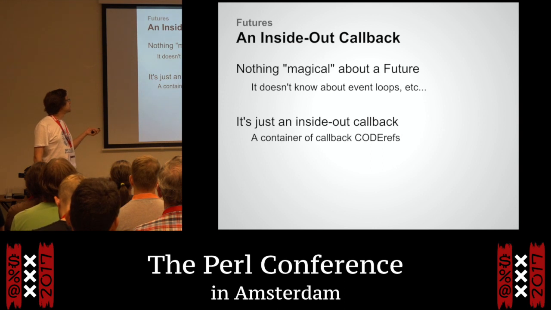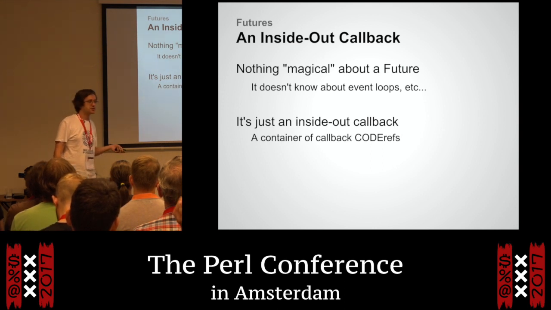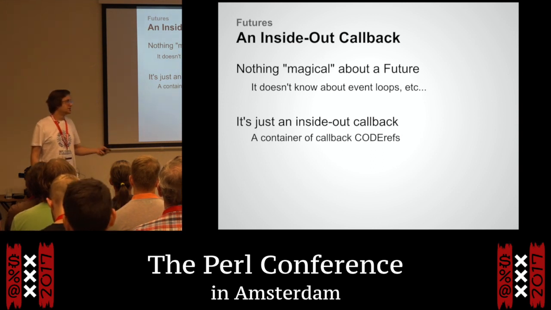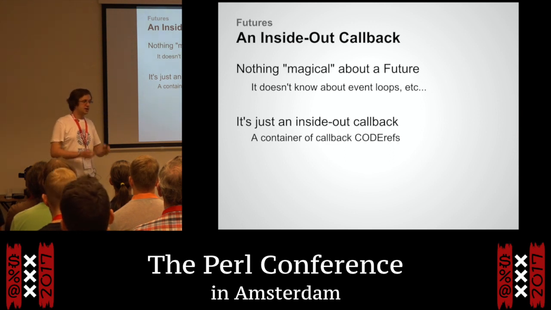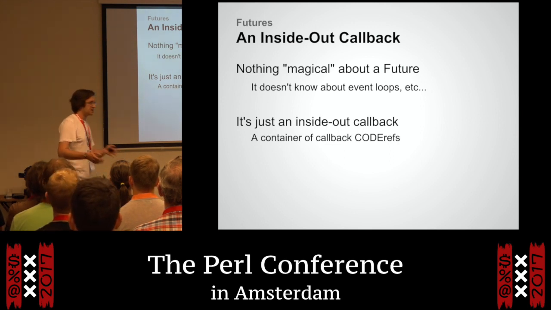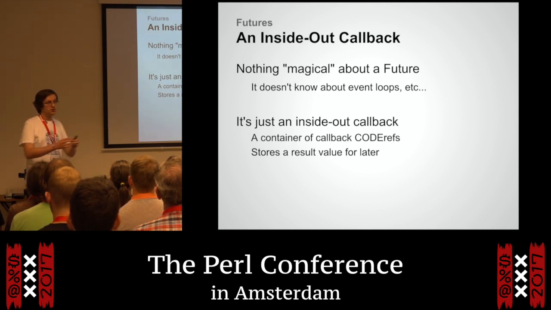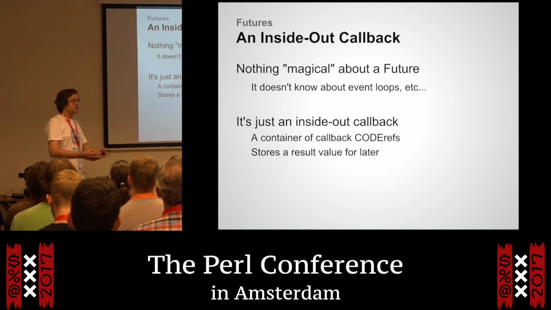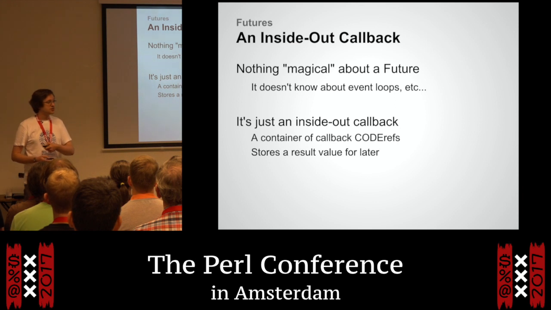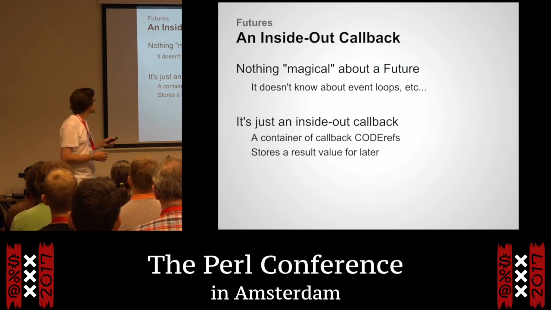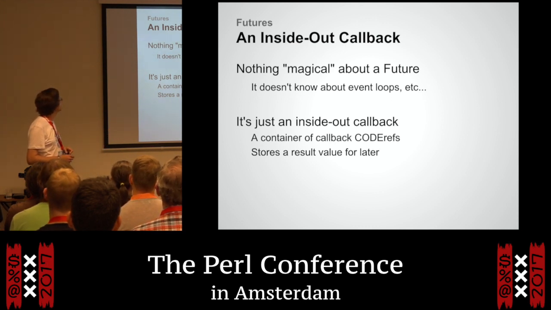The particular implementation of future is basically just a list of code refs. So when you want to observe a future, you can stick code refs in it to say, run this when you get the result, and then at some point the result will arrive. It will also store the result once it's got it, in case the future is already completed. And you say, oh, I want to know when that finishes. It says, oh, well, it's already done, because here's your result. So it's a little bit neater than trying to do a callback thing as well, because it will remember the result. And there are some fancy tricks you can do that sometimes. It's quite useful.